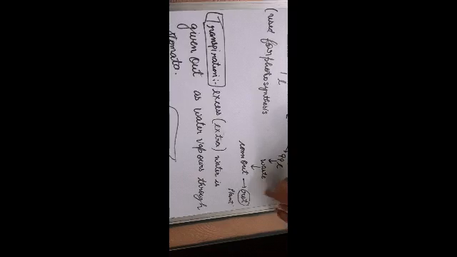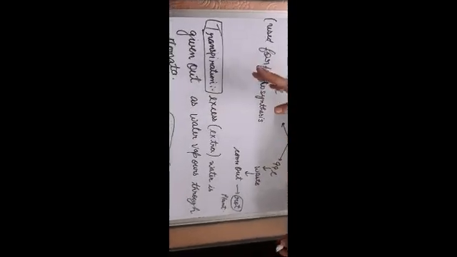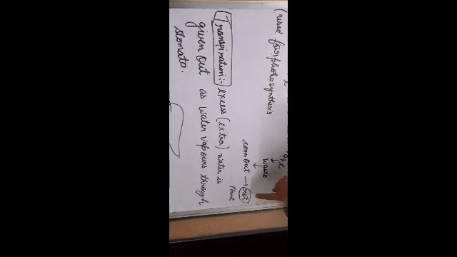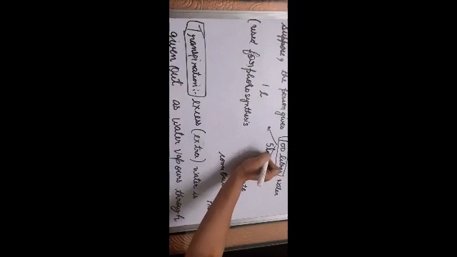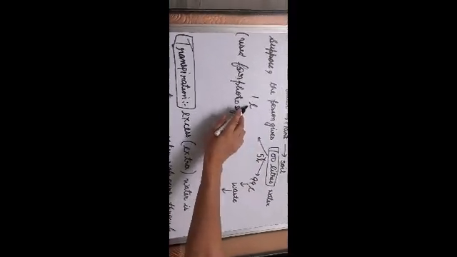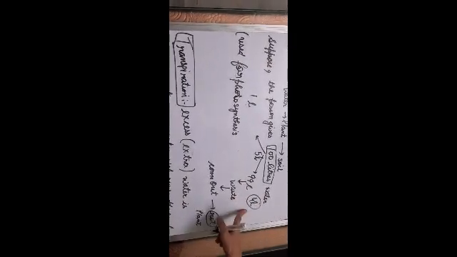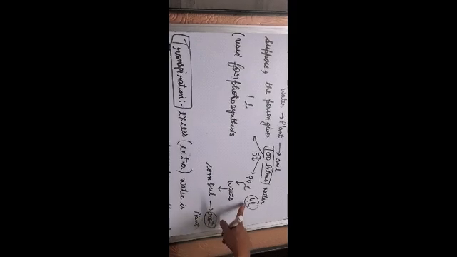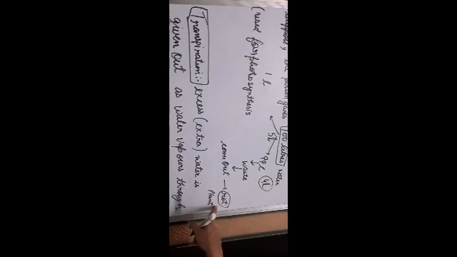Rot means gal jana. For example, when we put our fingers in water for a long period of time, like 5-6 hours, our fingers or our skin can rot. Rot means galna. So now take another example. Suppose you have given 5 liters of water to a plant. So out of 5 liters, 1 liter of water will be used by the plant, and 4 liters will be left as a waste, and that waste water has to come out, otherwise the plant will rot, gal jayega.